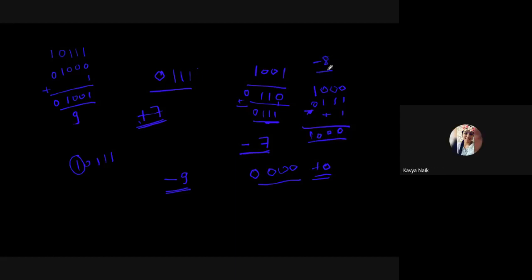So this number is -8. Earlier you were supposed to get -0, but now this number has changed to -8. So that means this number system does not support -0. You cannot get -0 in this number system. So you are able to remove that drawback of the 1's complement. Now you can say that the computer system always uses 2's complement to store data, because it is based on normal mathematics, and mathematics doesn't have -0. Similarly, computers don't have -0.